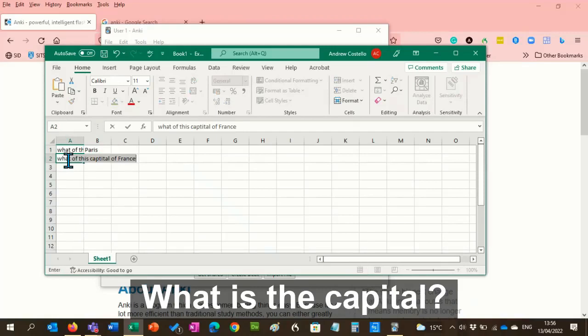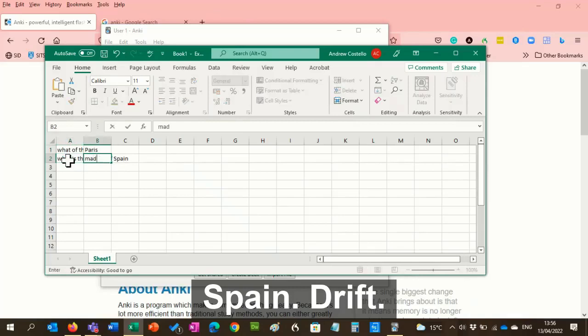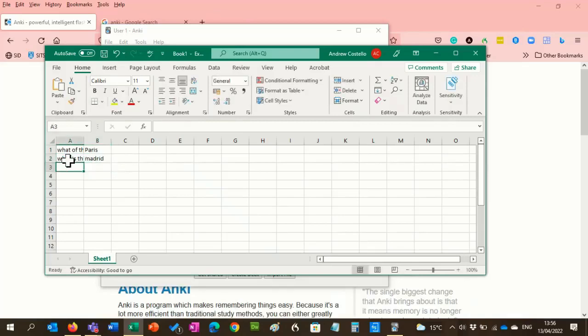What is the capital of Spain? Madrid. What is the capital of